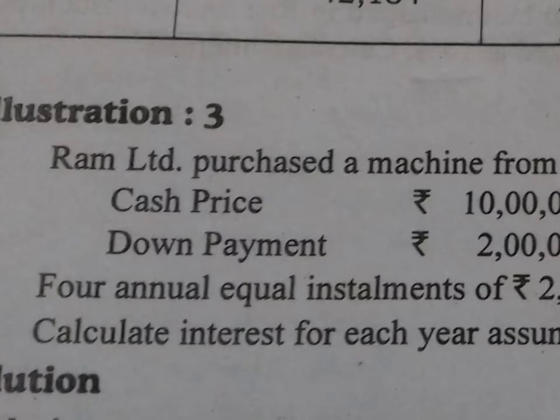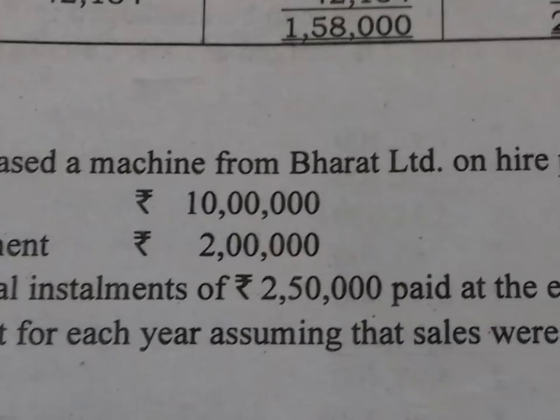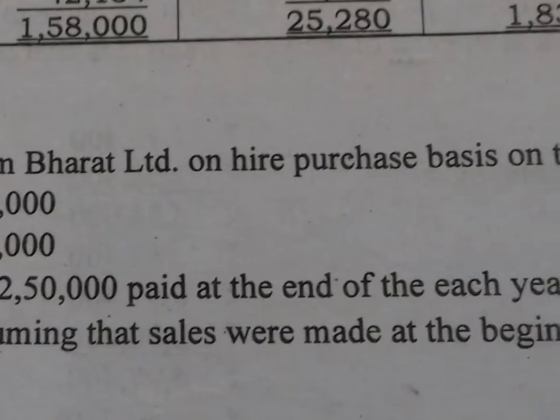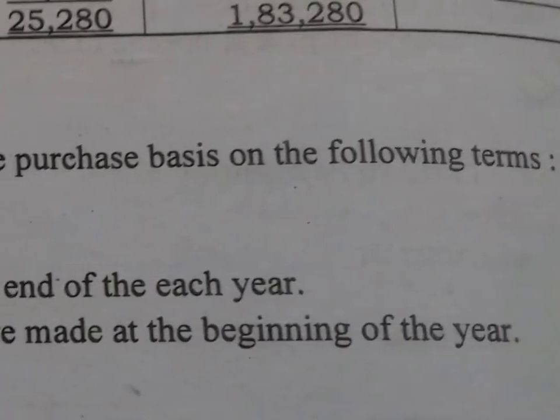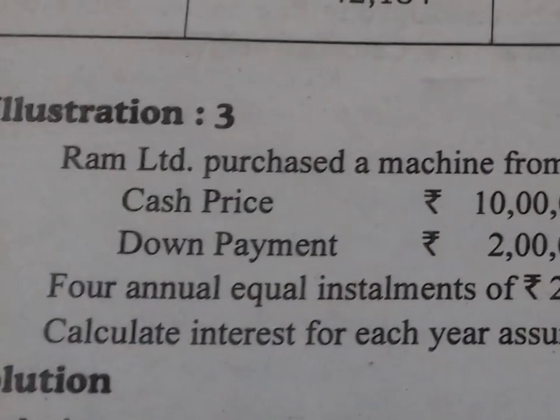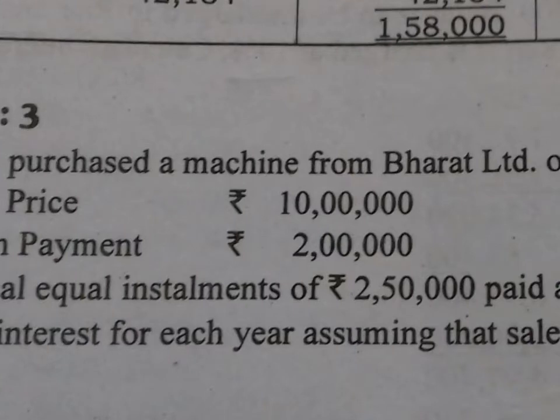Already we have calculated interest prior to this in illustration 1. But what is the difference here, students, is that if you look at the entire question, they have not given any specification related to the rate of interest. So there is no rate of interest. You can see this in the question. I am scrolling the question here. So interest rate is not given. Then in that case, how the interest will be divided in these 4 years and how much interest is included in all the 4 annual equal installments of rupees 2,50,000, that is what we are going to see. Let's see.